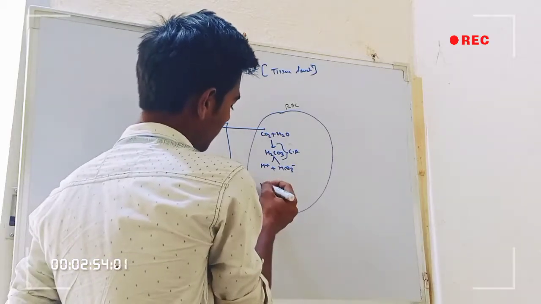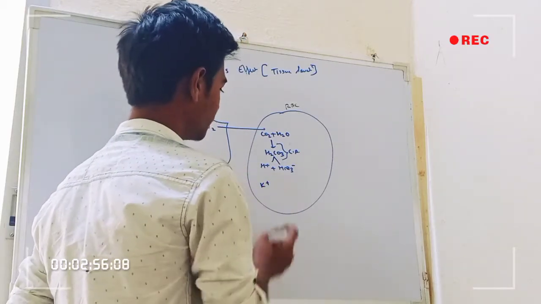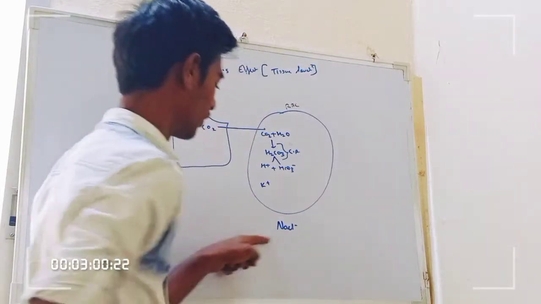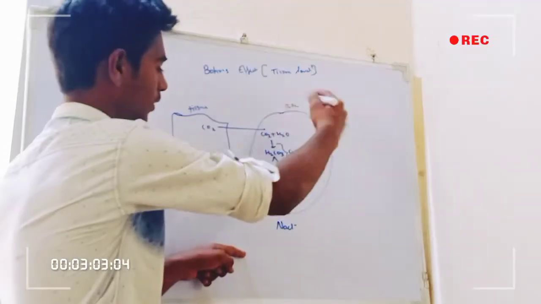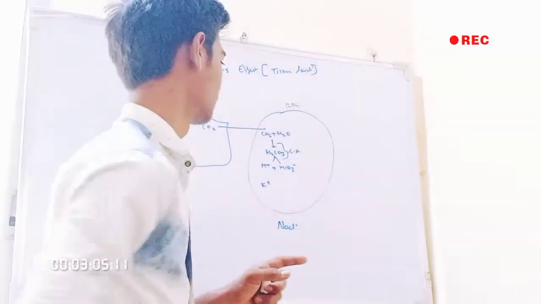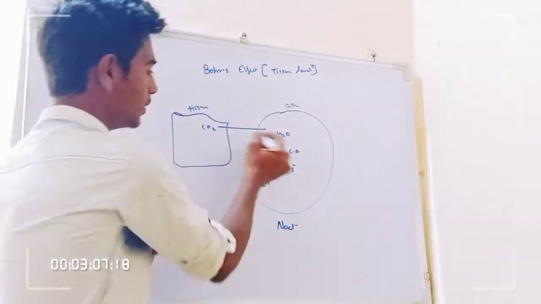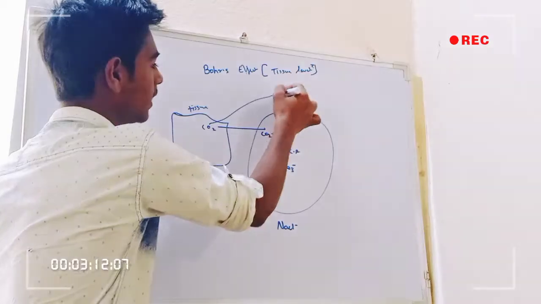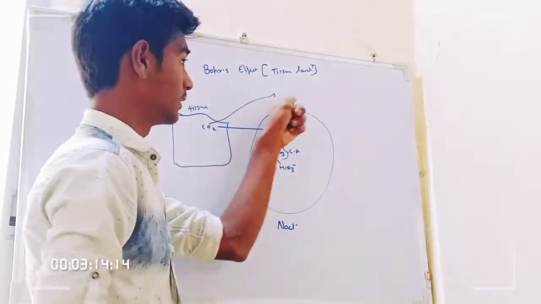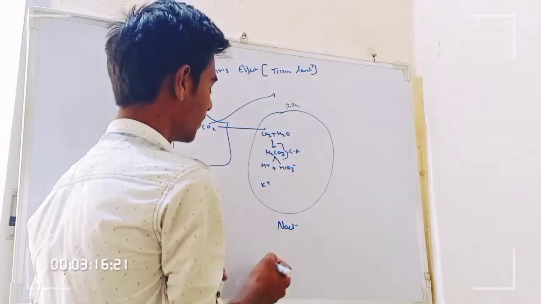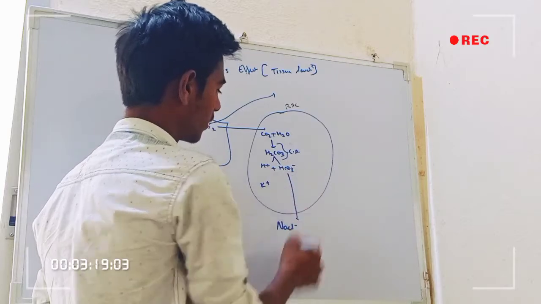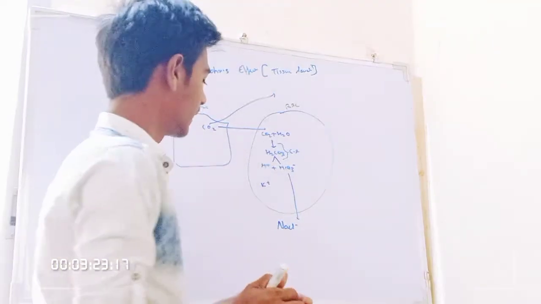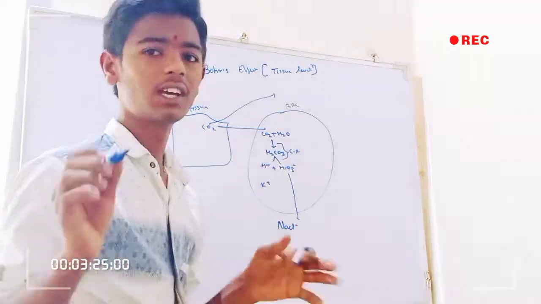Now K+ is already present in the RBC, and NaCl, a salt, is present outside the RBC. What is outside the RBC? It is the plasma in the capillaries. Some of the CO2 comes toward this RBC, and many of them also go into the plasma and remain in the dissolved state. Now this HCO3-, due to the concentration of ions, comes outside, and after coming outside it reacts with the NaCl.